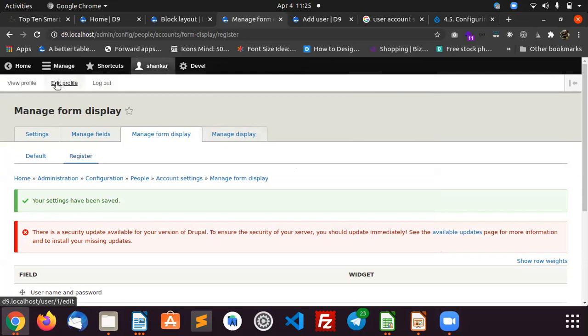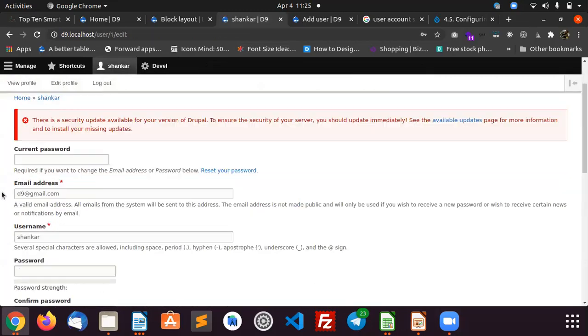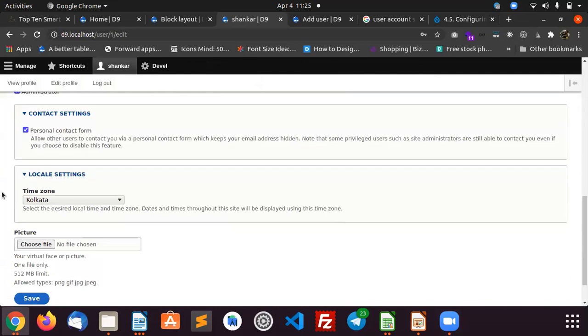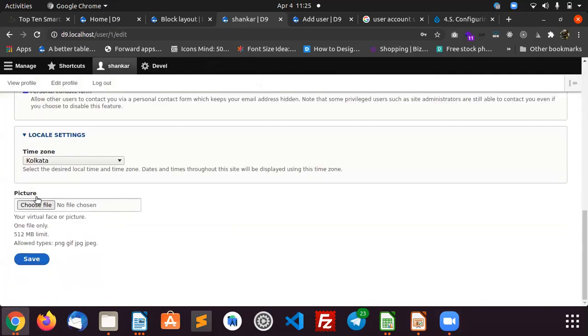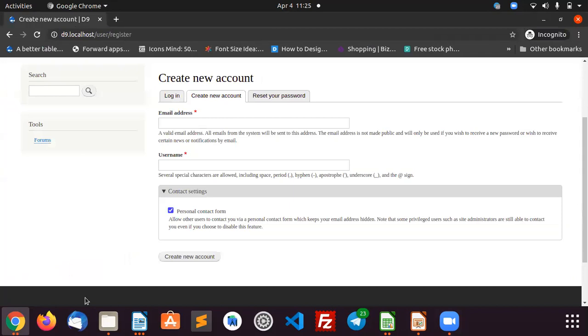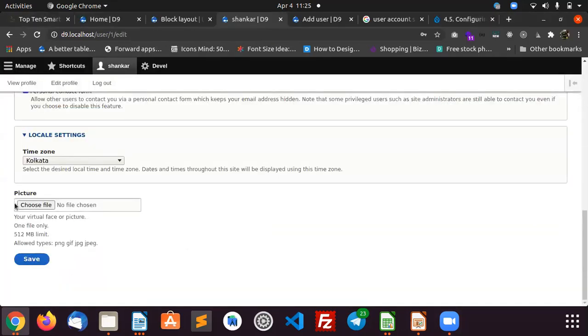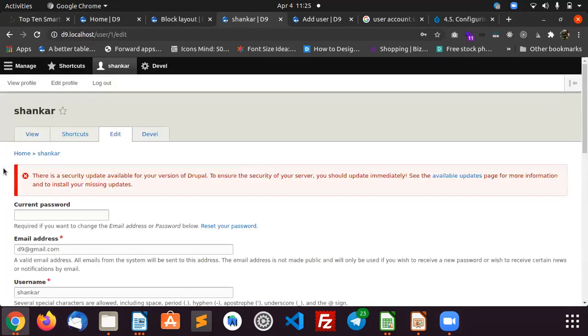I'm just navigating to the edit my profile. Within that, you can see the disabled picture. That is the purpose. We are using the two display modes, which we can use as per our needs.